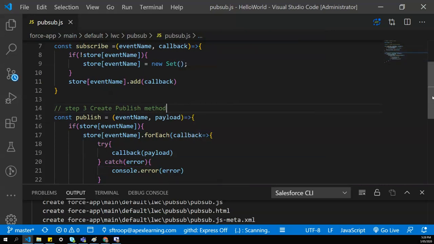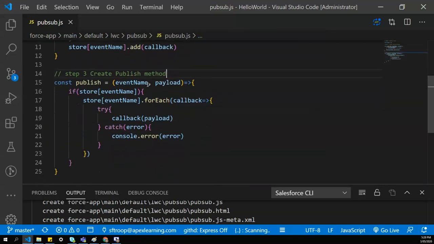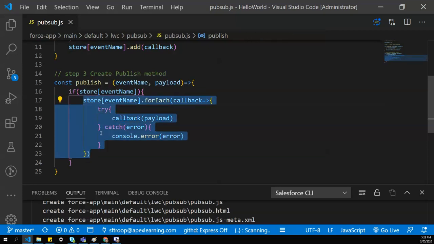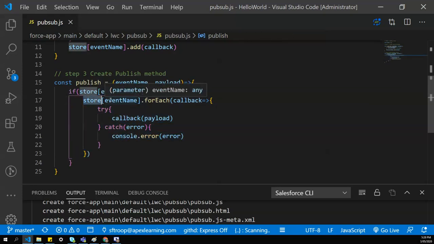Okay, let's understand it once again. When you publish something, you pass the event name and the data. If the event name is present in that store, it will come to this if statement. In our case it's already present, so it goes to the event name, goes to the loop and checks the callback for that.